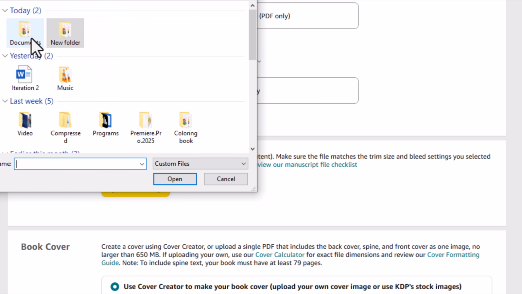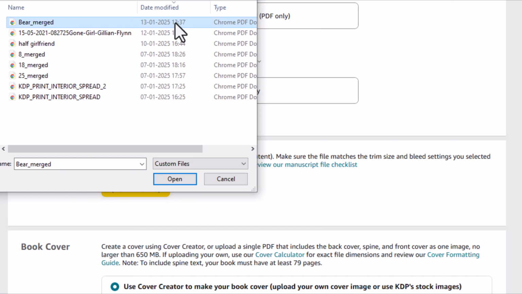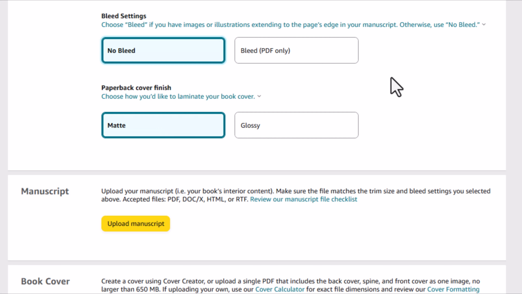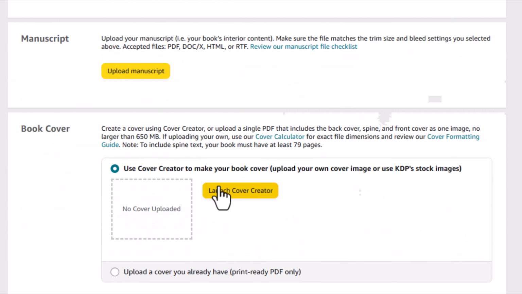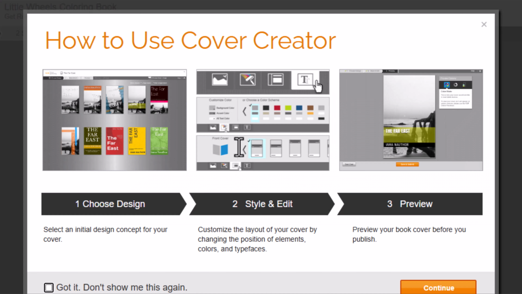Next step is to upload your manuscript. You can just go ahead and select the manuscript that we have merged and hit open, and that's going to upload the merged PDF. Up next, we are going to create a book cover. In order to do that, hit on launch cover creator, and that's going to launch the Amazon cover creator. Right in there, you have to hit continue